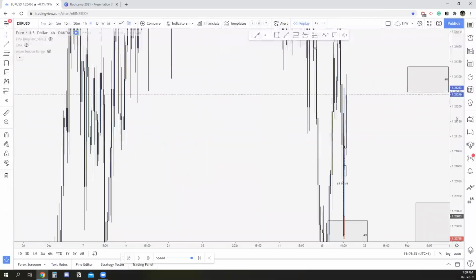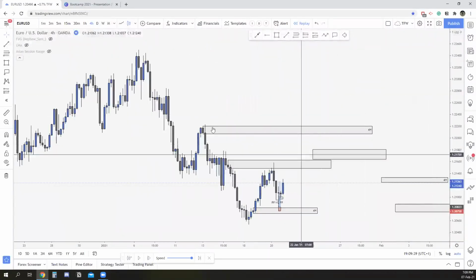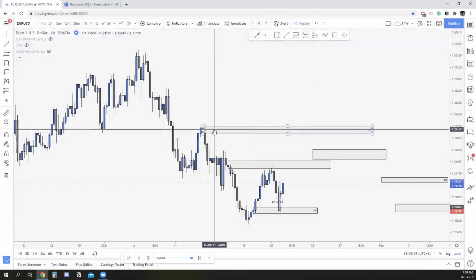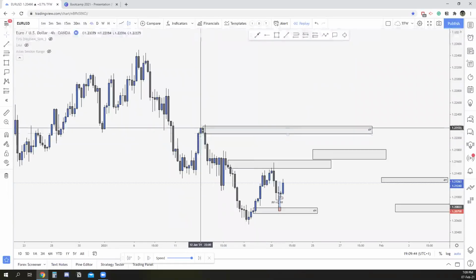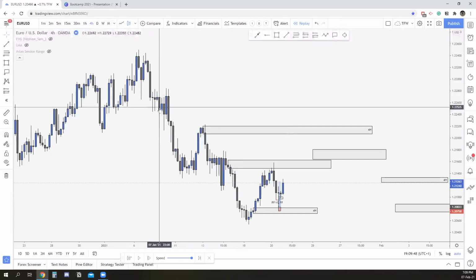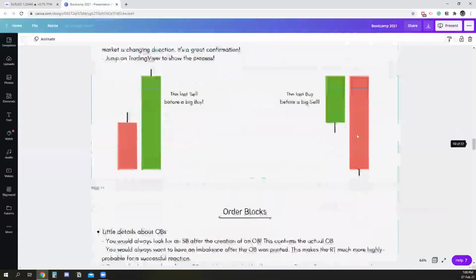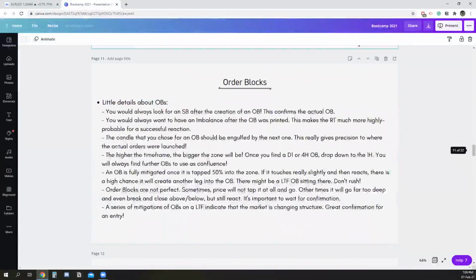So I want to ask you, guys, do you know how to draw the OBs right now in this new way? Looking for the engulfing candle, using the control key so that you keep your order blocks really tight and precise. Just let me know. Is it clear? And again, of course, an order block should always break structure. I have a little detail. So let's see. Clear. Very nice.